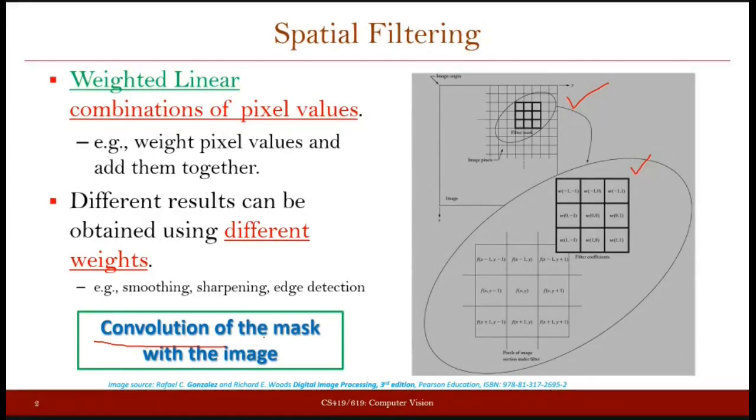So in correlation, we are not rotating the mask. In case of convolution, we are rotating the mask. But let us consider that your mask is a symmetric mask. Okay. I mean, even though you rotate it, you get the same values. For example, if you just consider, let's say, a very simple mask like this,